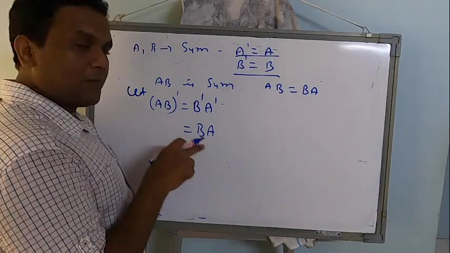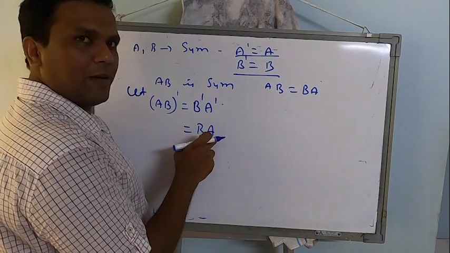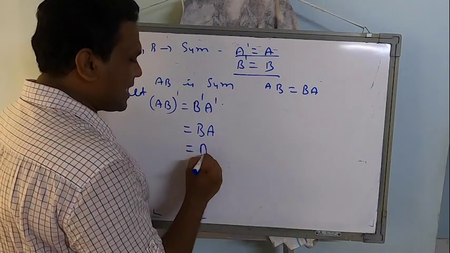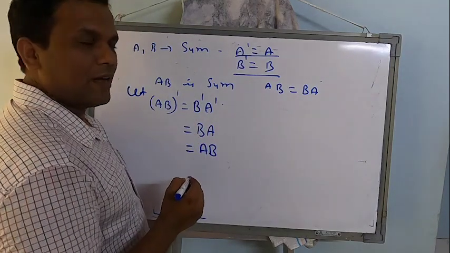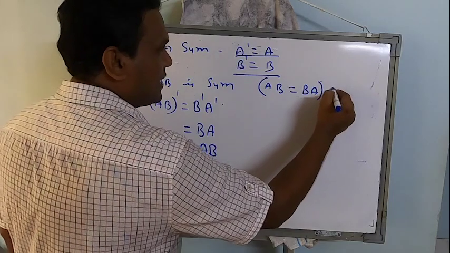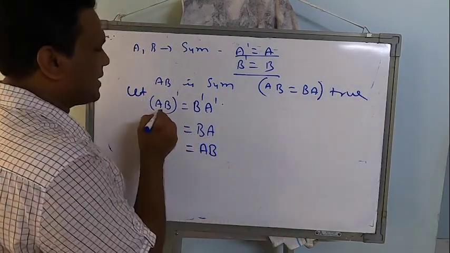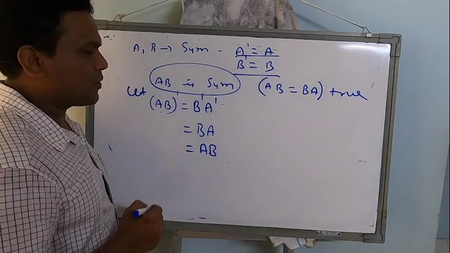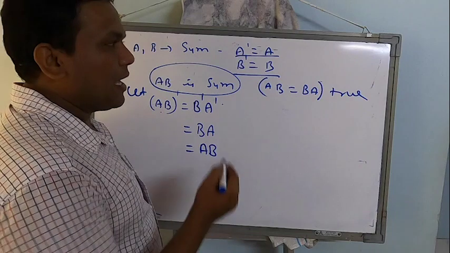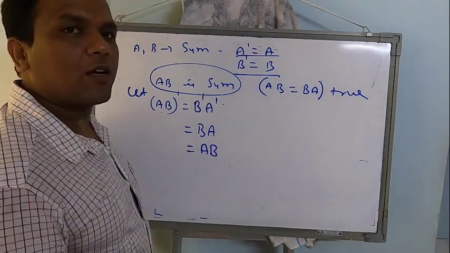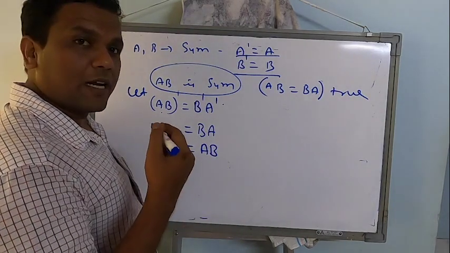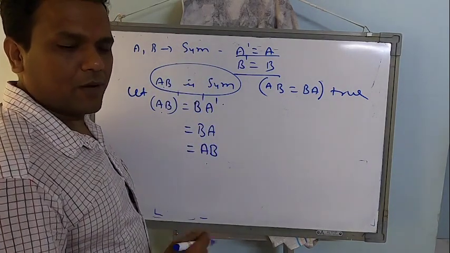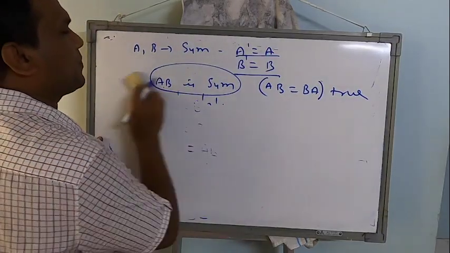If I want it to be symmetric, (AB) transpose should be equal to AB. But what is given here? What we got is BA. So that means I can write this as AB. That means if this condition is true, then only I can say that the matrix AB is going to be symmetric. Usually I said AB is not equal to BA, matrix multiplication is non-commutative. But in case (AB) transpose is equal to AB, then AB is also going to be symmetric. So a particular case, just remember.